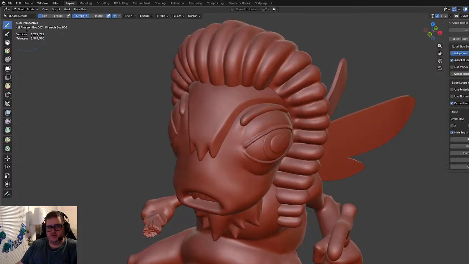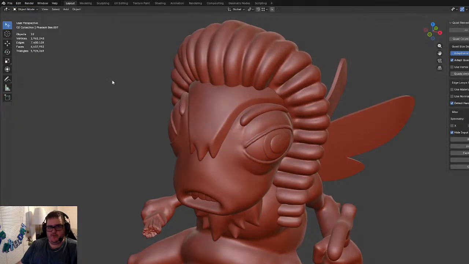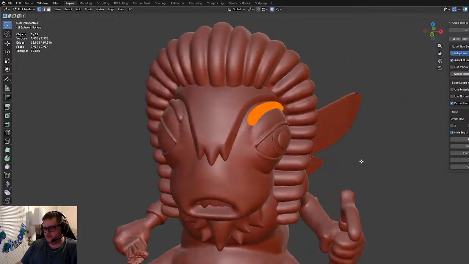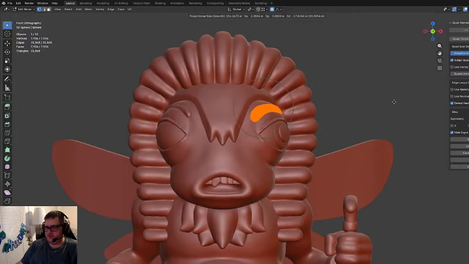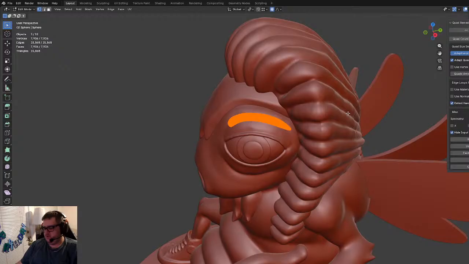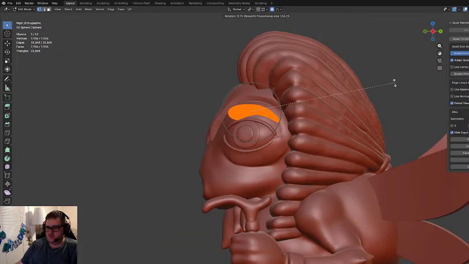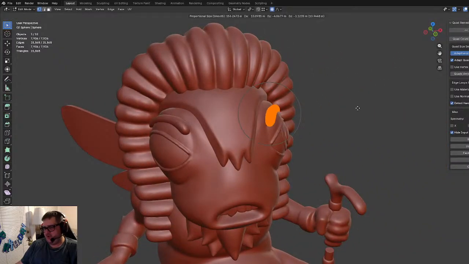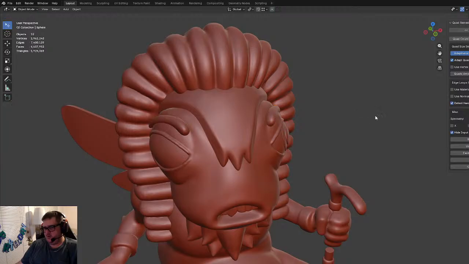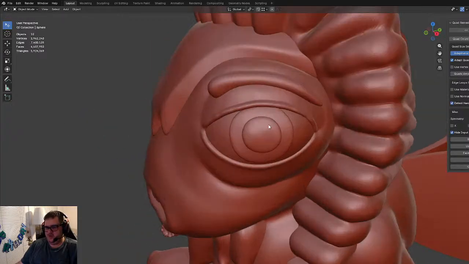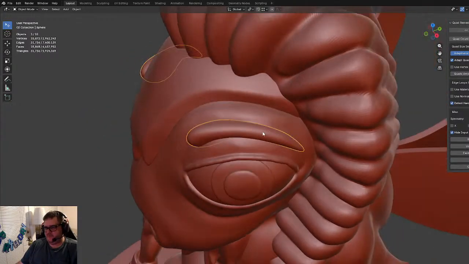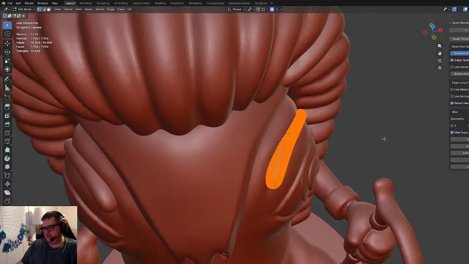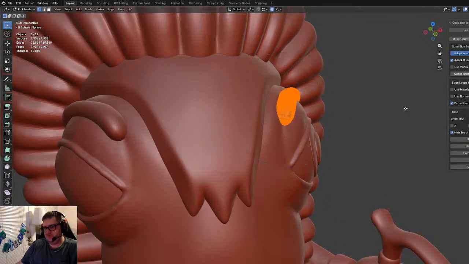And now I wonder if we take this and put it really more on top of the eye, like that. It just looks like a turd, like a freaking terrible sculpt. But